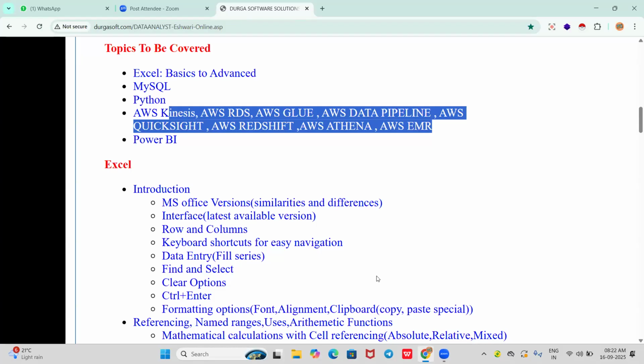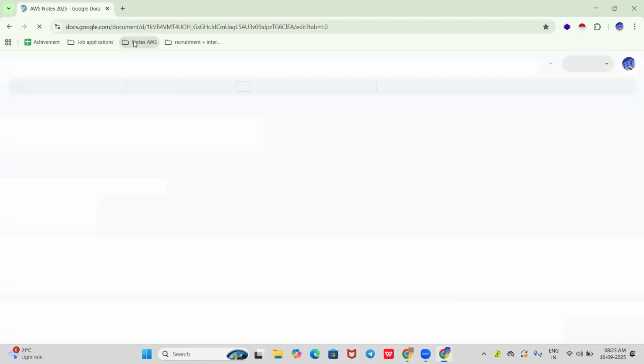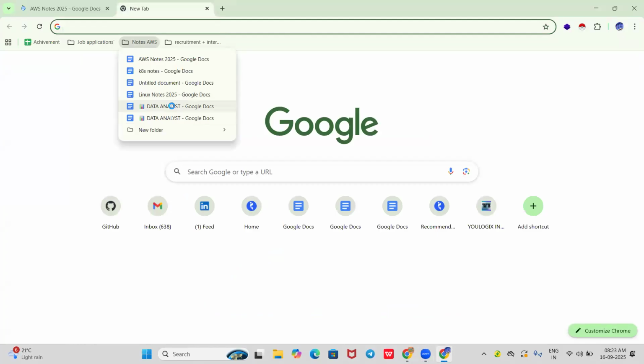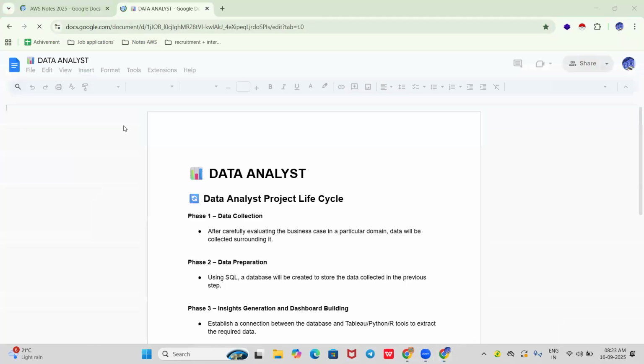I just wanted to update you that the entire notes will be shared. The notes will be given to you in a drive link, and the management will take care of that. Each and every topic will have notes. It can be the AWS notes if you want, and we will give that as well. We also have dedicated data analytics notes, all in one, and we will provide that to you too. You can have access day by day.